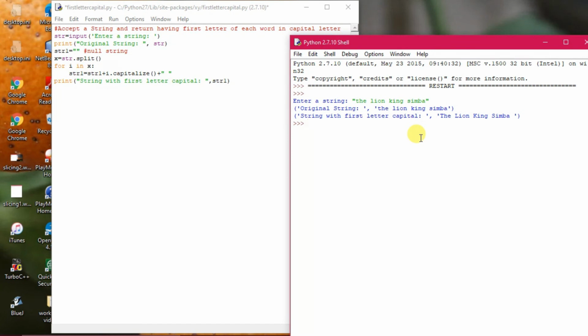All right, that is the thing. The string before modifying was like this, and finally it has become this way. So these two programs use the split method and the capitalize method. Of course, the earlier program you have done before, so do its practical and